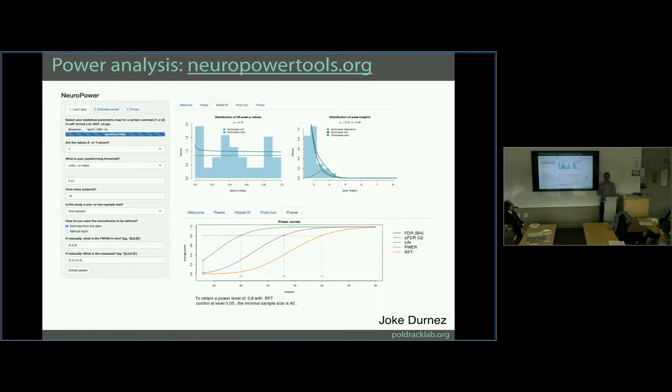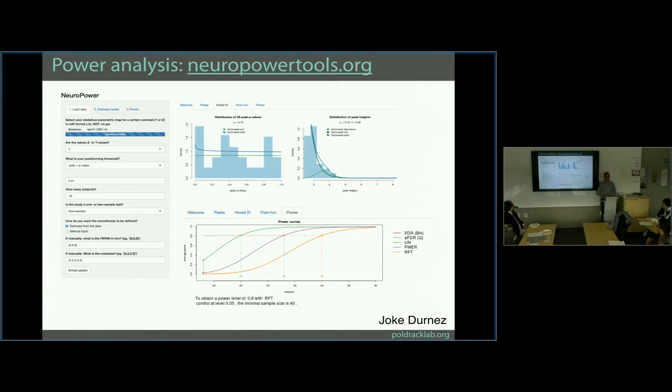So I mentioned power up front, and power has been something we've been interested in for a while. My former associate, Jeanette Mumford, developed some of the first power tools for fMRI. And Joke Durnez, who is a new postdoc in the lab, is now working on a new set of tools, which you can see at neuropowertools.org.